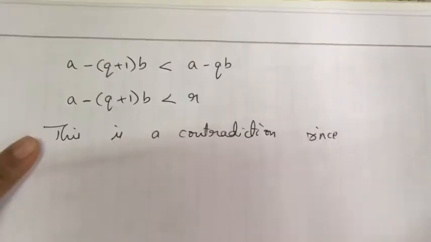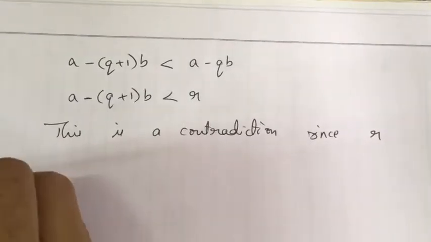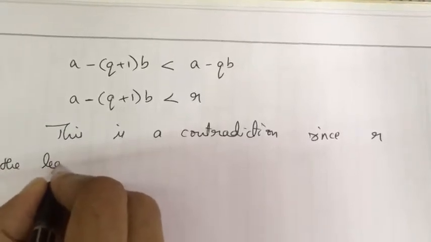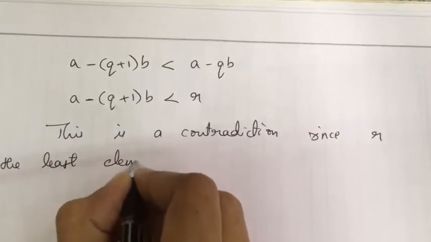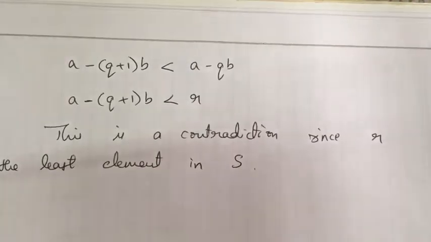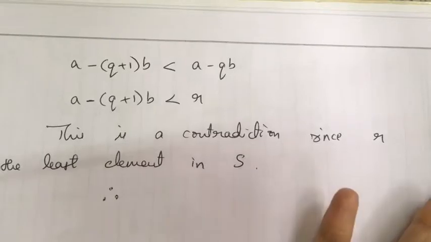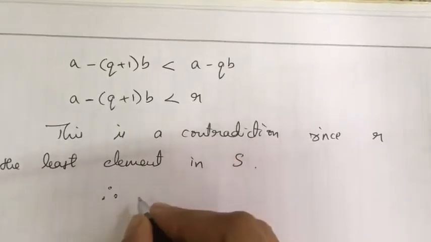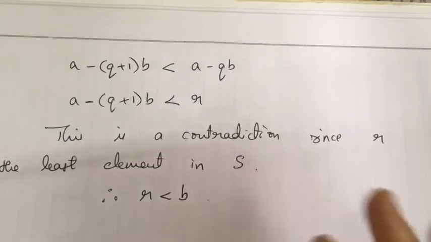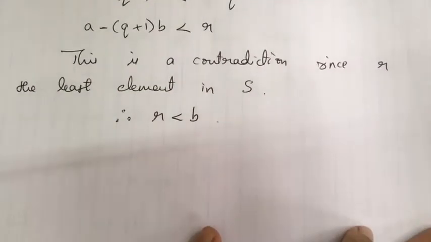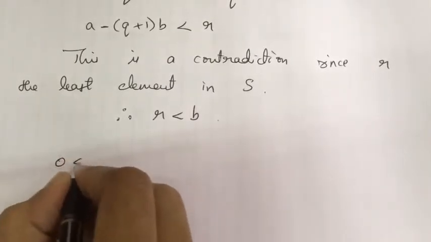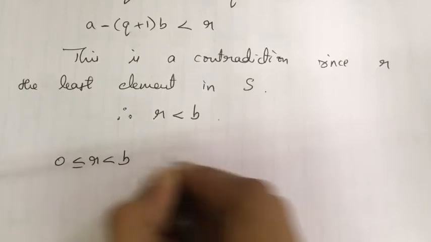Since R is the least element in the set, yes, right. Therefore, R cannot be greater than or equal to B. R should be less than B. So now we found such Q and R which satisfies 0 less than or equal to R less than B